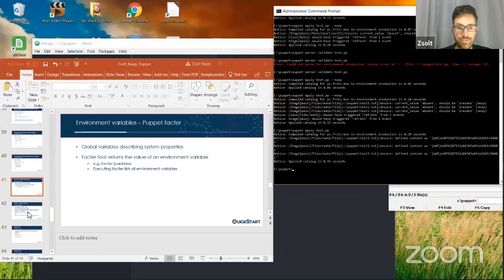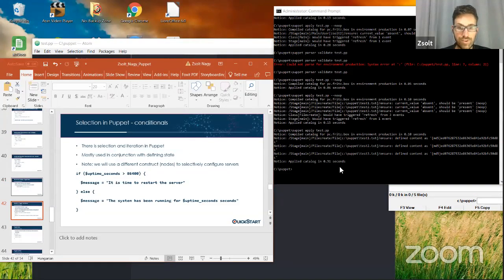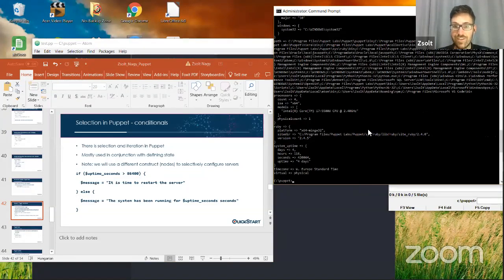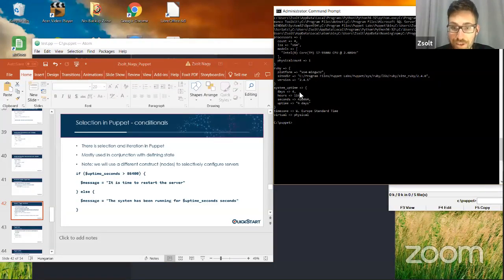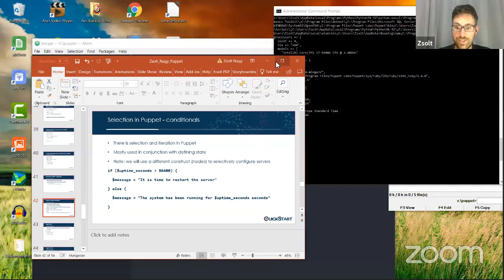As far as I remember, it's not puppet factor, it's simply factor. And you can see my path, for example. You can see quite a lot of stuff, my CPU, and that the computer has been running for more than 4 days, actually. So I haven't restarted it.